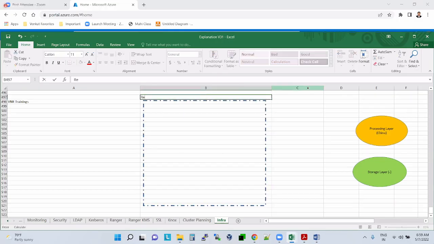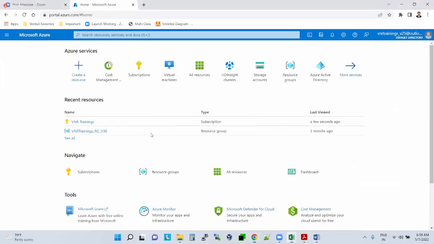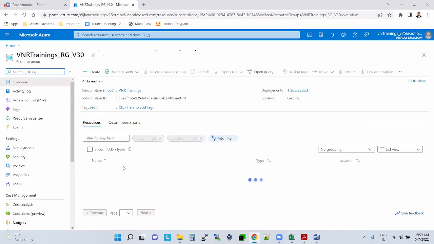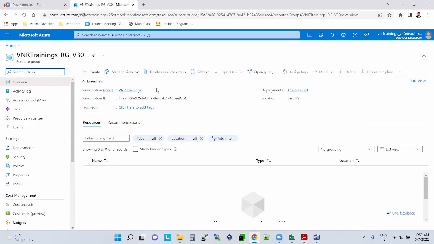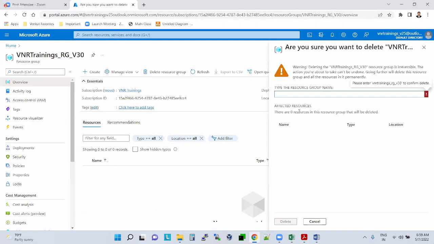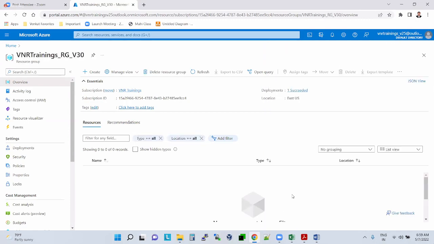First I need to create a resource group. What is the resource group I'm going to create?